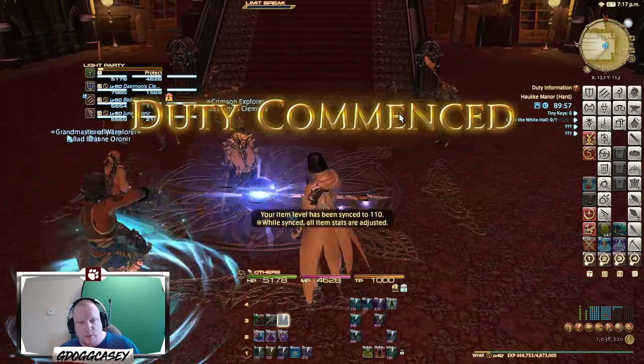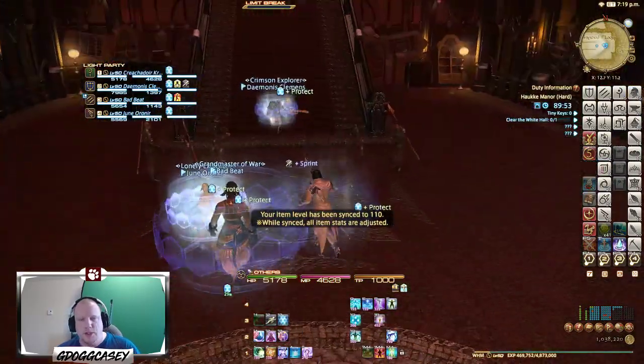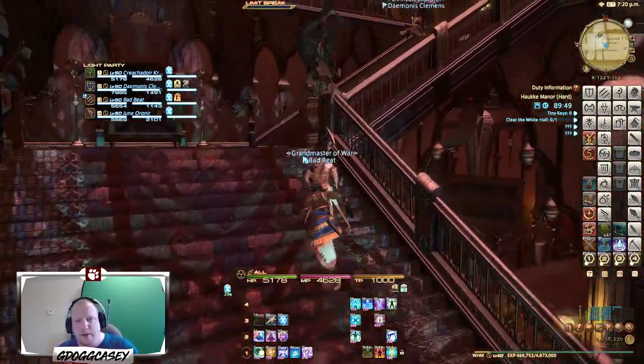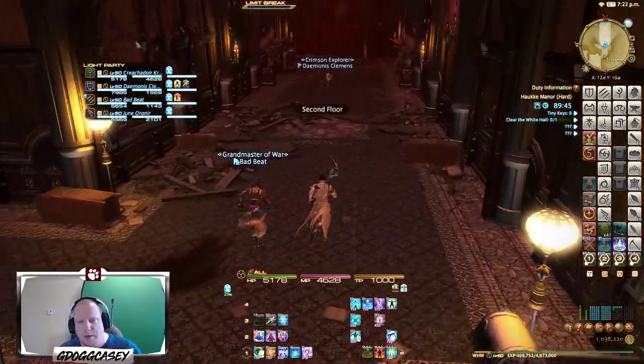Okay, so here we go. This is Haukke Manor hard mode. We are healing it with the White Mage. Now, in the previous Paladin video, or Paladin segment, I was going over a lot of the skills and sort of explaining them probably pretty badly. But